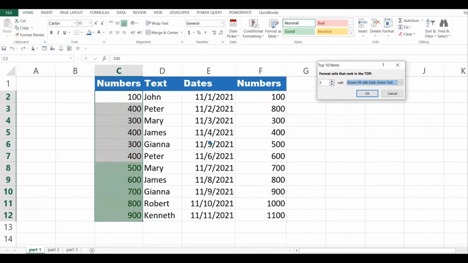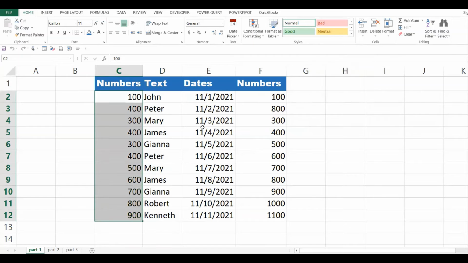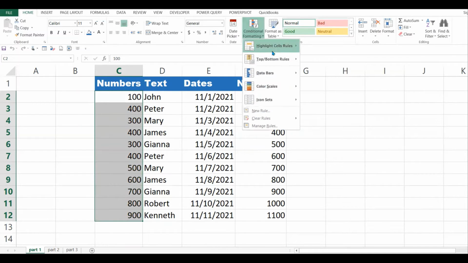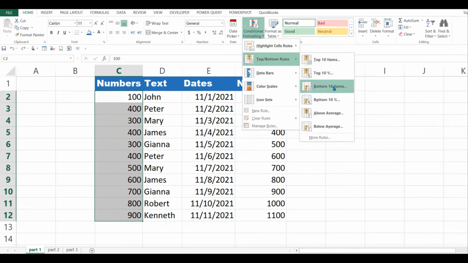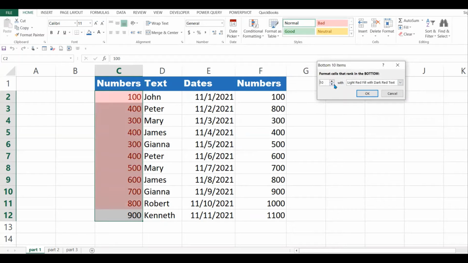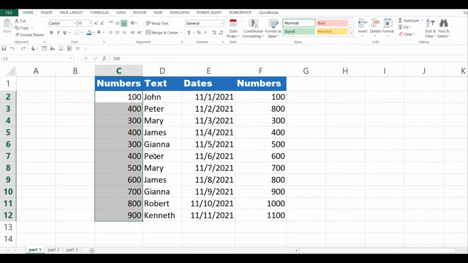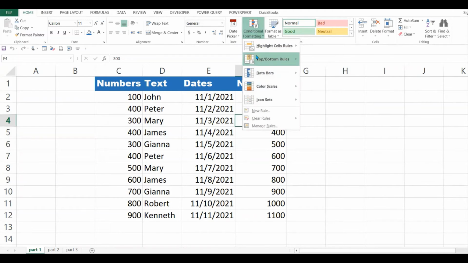It highlights the top 5. Or I can cancel that, come back. I can also do the bottom 10 and it highlights which ones are the bottom 10. If you have a big set of data, this can be quite helpful. So we are done with that.